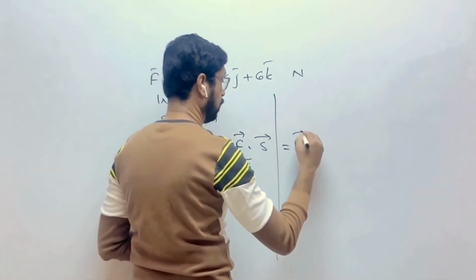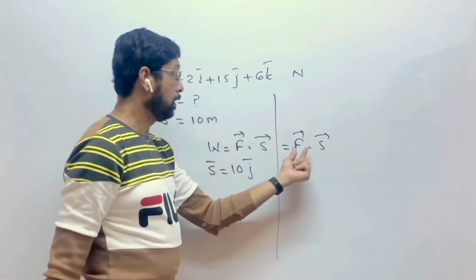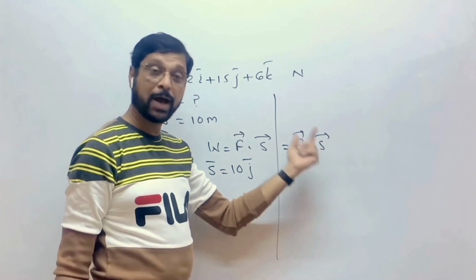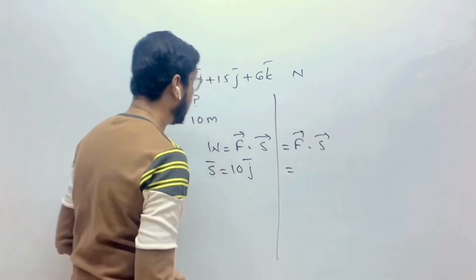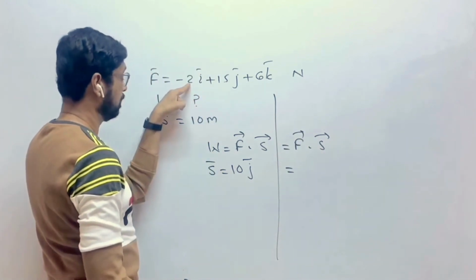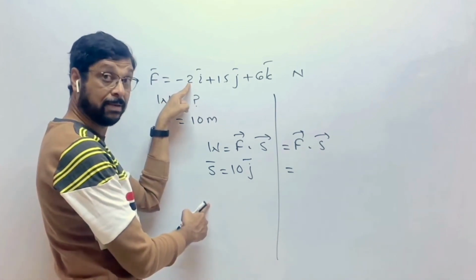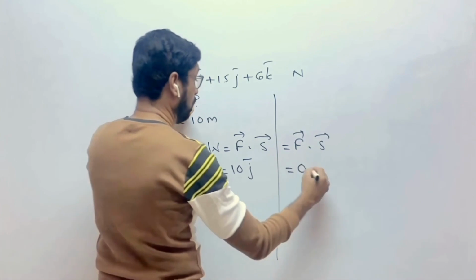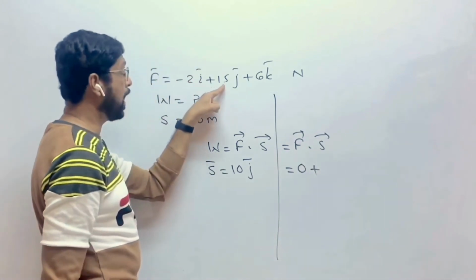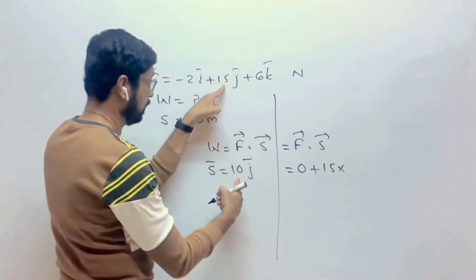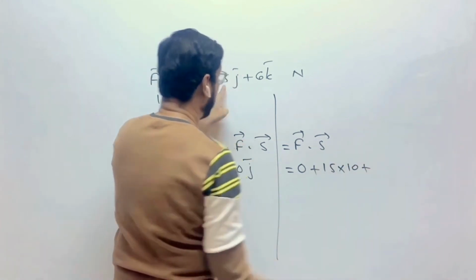F dot S dot product is AX BX plus AY BY plus AZ BZ. That is AX minus 2, AY nothing, 0, because it is 0, plus AY BY 15 into 10 plus AZ